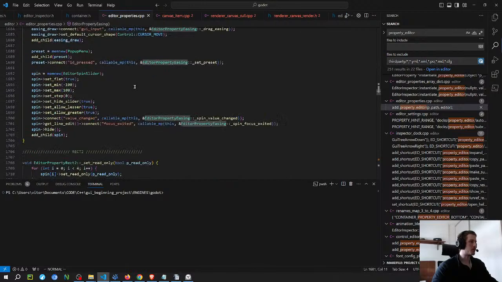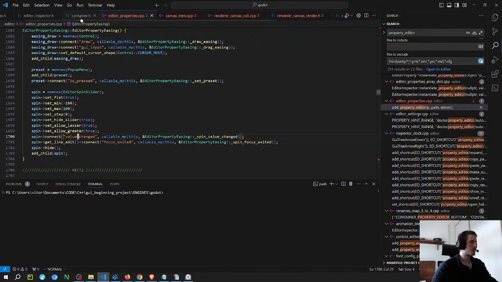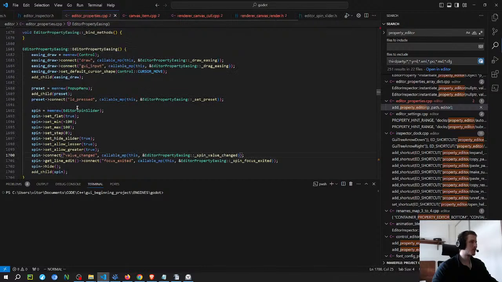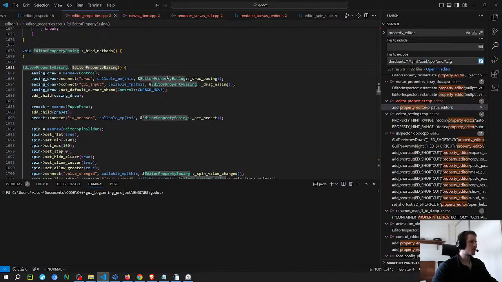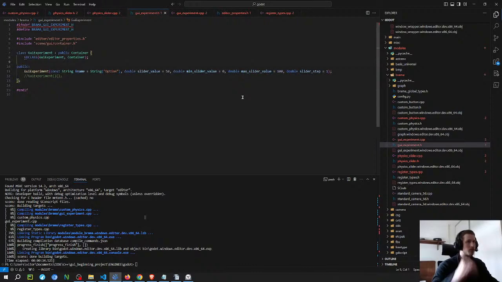Let me go back to this. So I'm gonna copy this stuff here. I'm gonna copy the properties first. Yeah, the only one that I think, yeah, this is kind of the problem. So let me change the names here first. So I'm gonna put